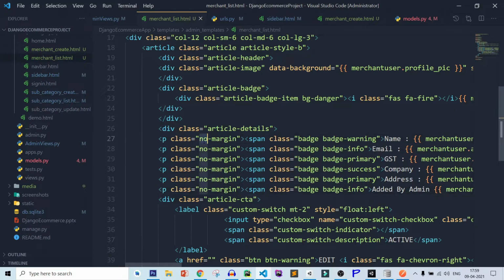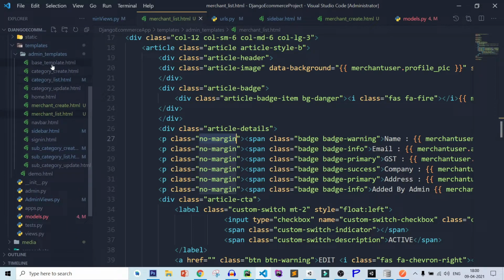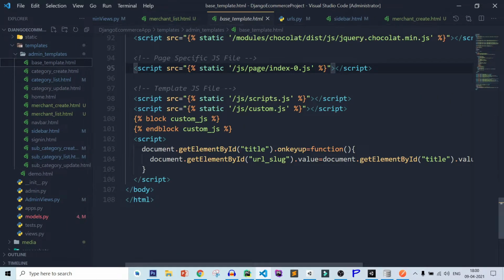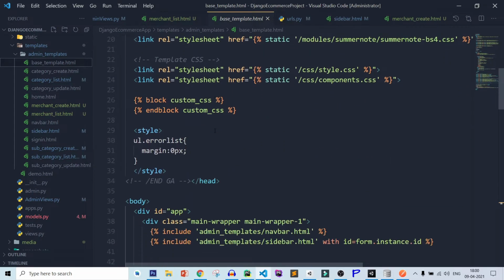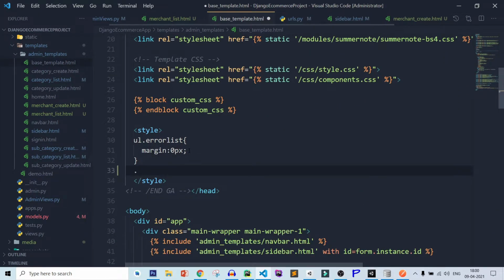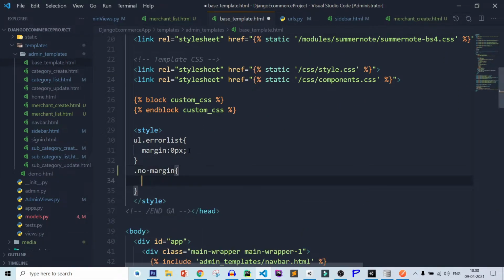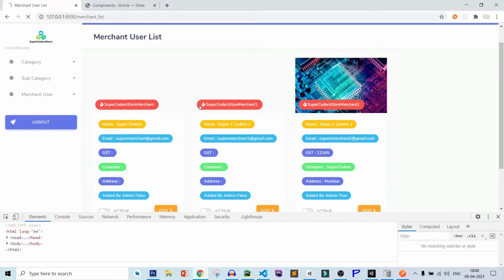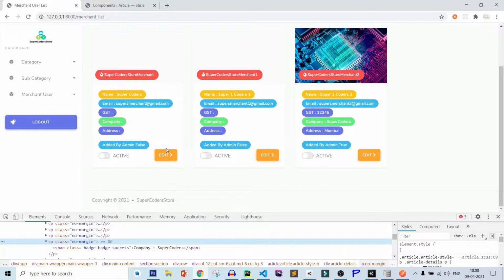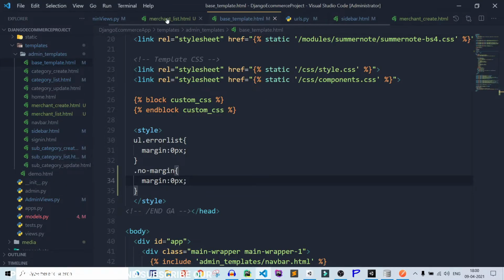After that, let's copy no margin and add in our base template. So let's create a custom CSS dot no margin, margin 0 pixel. Save it, refresh page, and you can see it is looking perfect. And here is missing, so add this line also here.